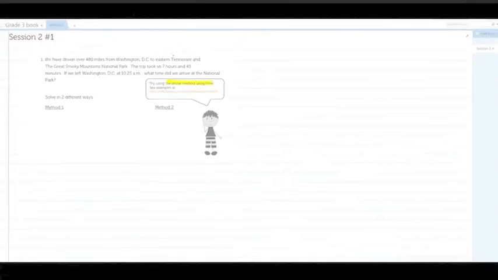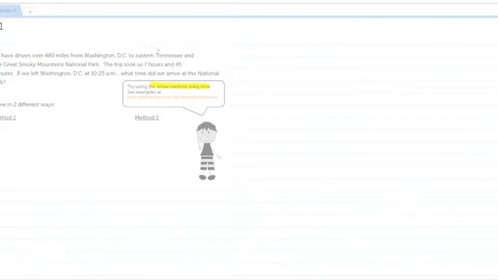We're looking at the Grade 3 Session 2 book, and in this problem, we're dealing with time. When we look at time using a number line, or what we refer to as the arrow method, it gives kids somewhat of a visual sense. So here, if we read the problem, we know that our trip took us 7 hours and 45 minutes, and we left at 10:25. So if we start at 10:25,